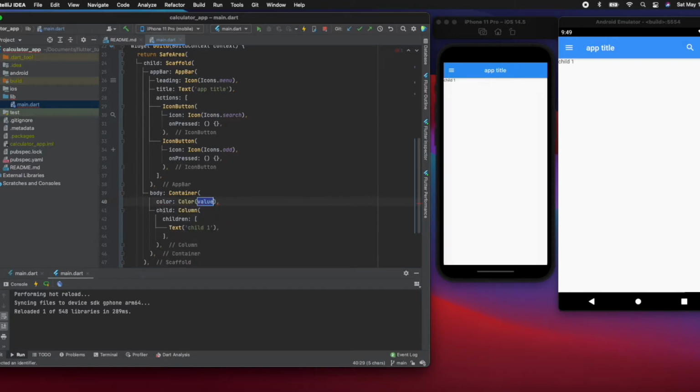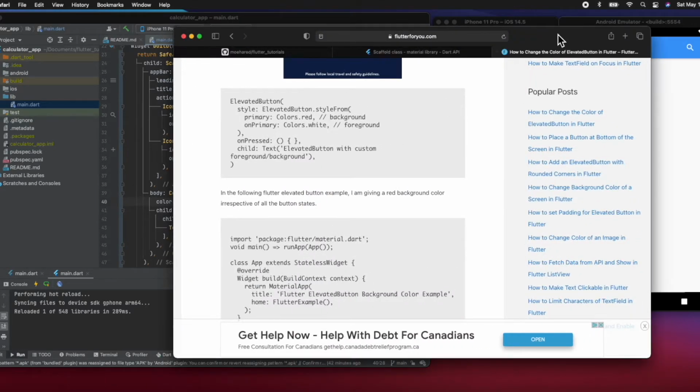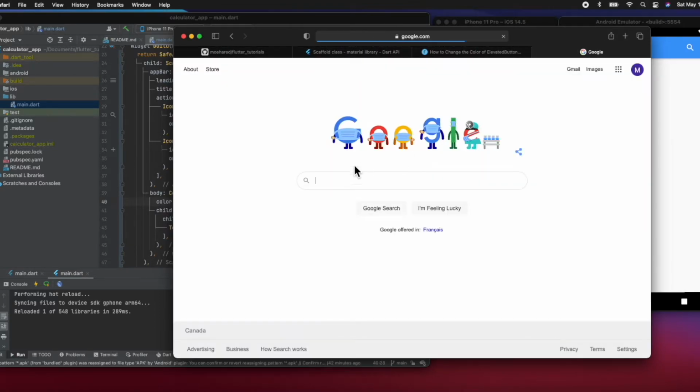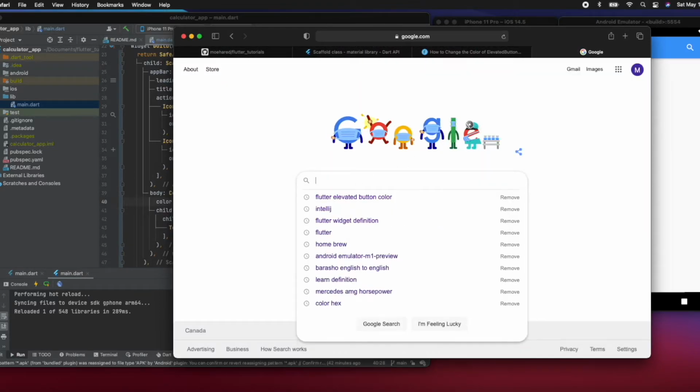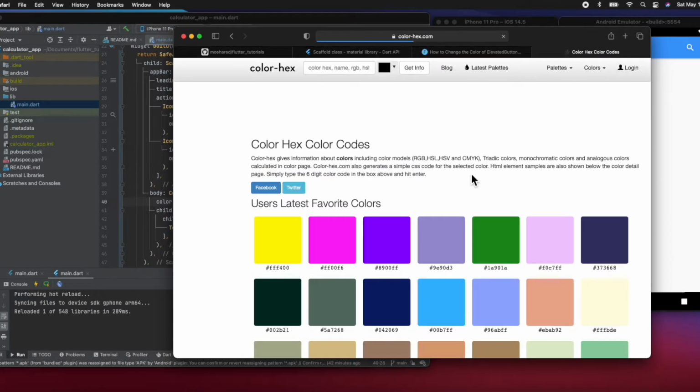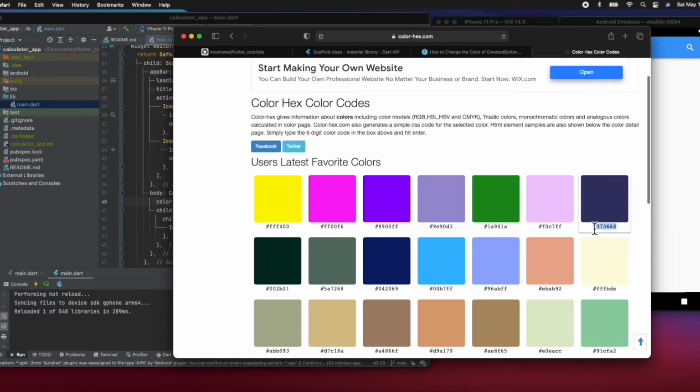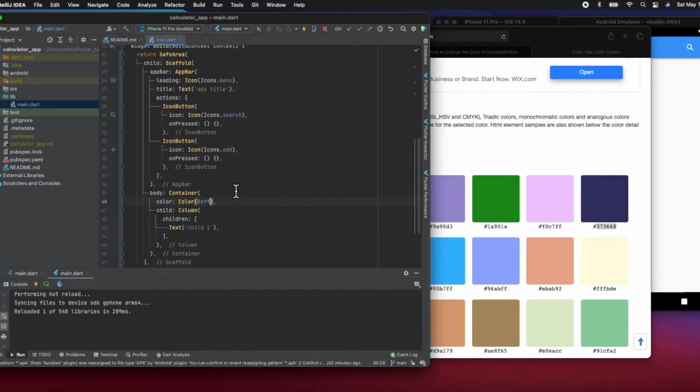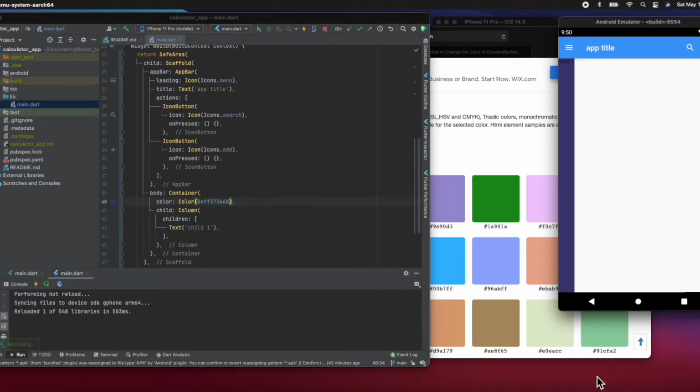and then it takes a value, right? So we could give it a hex value, so 0xFF, right? And then the value you want. I don't have a value, so let's search what to do. So let's search for a color hex. So if we search a color hex, let's say this color looks nice. So let's copy up to here. Don't copy the hashtag. Don't copy that. Then 0xFF, we paste it on here and we save our program and we get